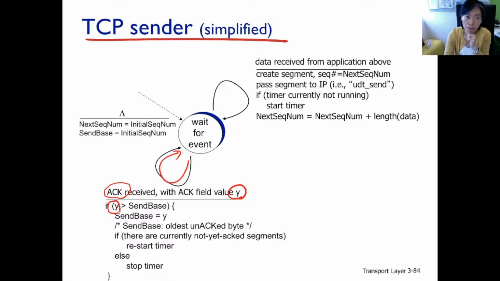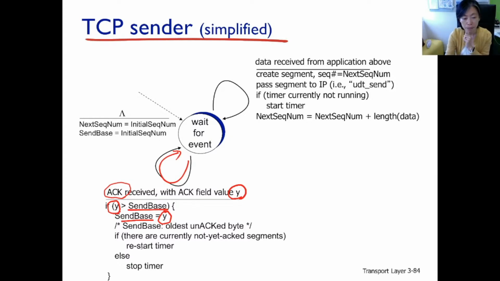Only when the sequence number is larger than the send base, meaning this is a new ACK packet. So the sequence number here is something that has not yet been acknowledged. Then we set the send base to the new sequence number, because now acknowledgement is received. The sender should slide the send base over.